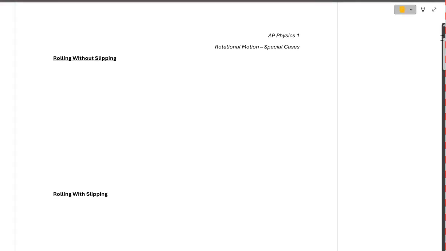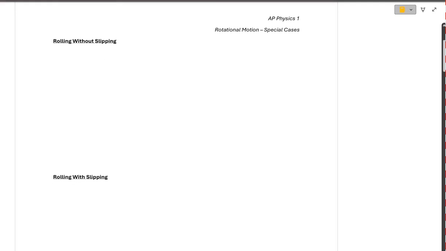Okay. So you probably noticed in the AP quiz, it made reference to rolling without slipping. There is a difference between rolling without slipping and rolling with slipping, and we need to conceptually know what the difference is between the two. Without slipping, this is an application of kinetic energy. If a hoop rolls across the table,